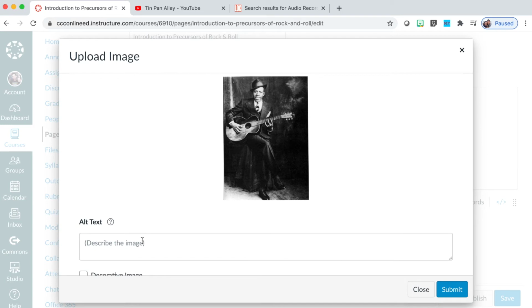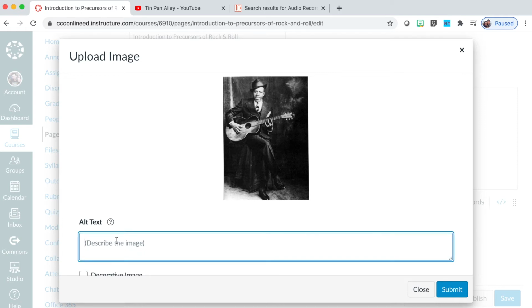The alt text also, when talking about accessibility, is what describes an image to a learner using a screen reader. So I don't need to say image of or picture of, because the screen reader will already identify that. So I will simply name the person that is in the image.